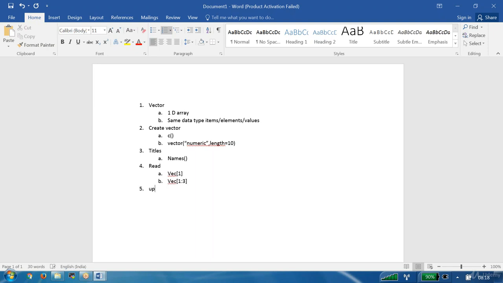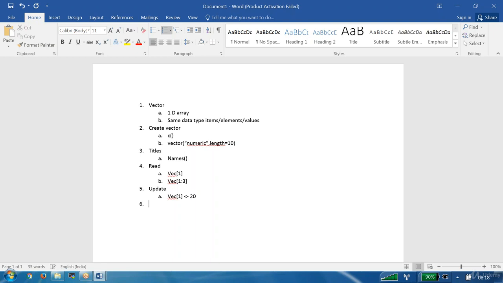If you want to update the elements of the vector, yes, you can update it. Use the same reading method and assign some value, say 20. That means the value available in position 1 is replaced with 20.